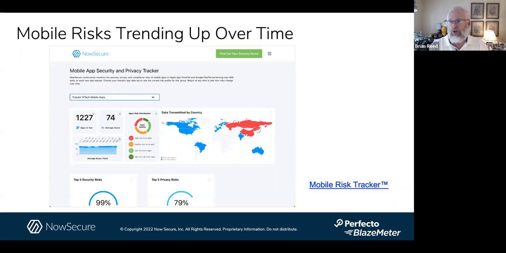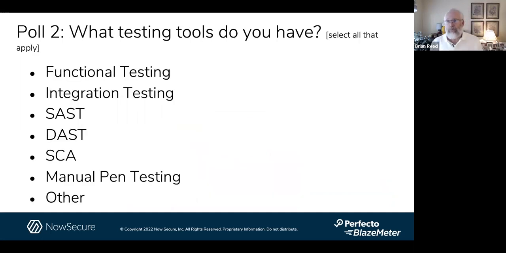So when you look at our mobile risk tracker, for example, it's an open benchmark where you can see summarized data of the top 5,000 apps in the Apple App Store and the Google Play Store. If you look carefully, that average scoring trend is actually slightly going up over the last year and a half, not going down. And so this is a real concern because as the complexity of apps grows and the technology underlying it, as the platforms get more locked down, how do we actually deliver that quality experience that meets security and privacy and quality bars in a land where designing and testing these apps is actually getting harder? So our second question is, we love testing tools.